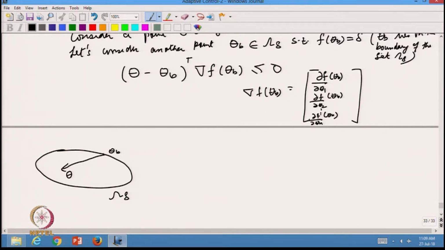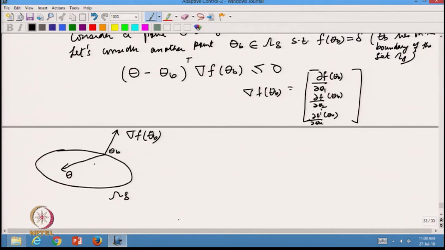So, we take the dot product with the gradient of f. The gradient of f will be the normal to this level curve, right. So if you draw the normal to this level curve at this point theta b, this will be the gradient of f at theta b. Okay. So now if we take the dot product of these two vectors, we will see that it comes out to